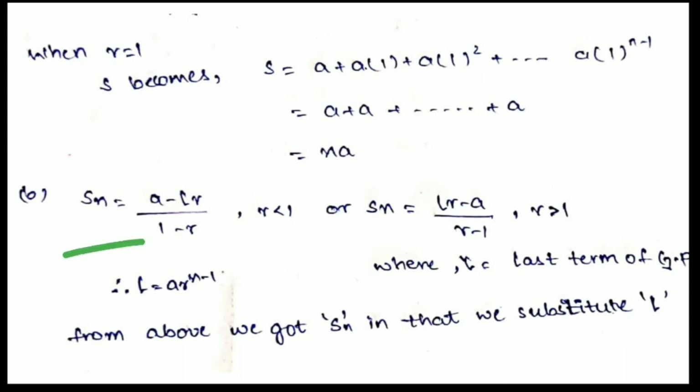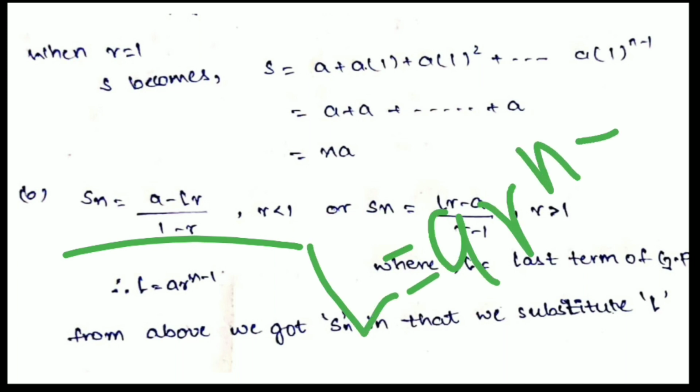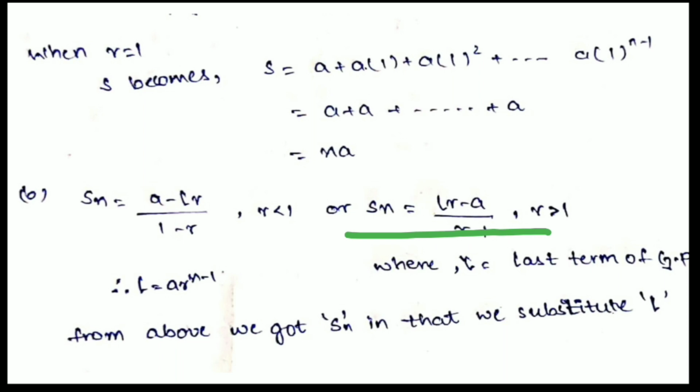And we can write Sn like this also. Sn equals (A minus LR) by (1 minus R). L is the last term, that is AR power n minus 1. We take a sequence until the nth term, so we can tell that the last term is the nth term, that is AR power n minus 1. When we substitute this here, A minus AR power n, that is nothing but the sum of n terms of a GP, as we have got before. We write it like this also.